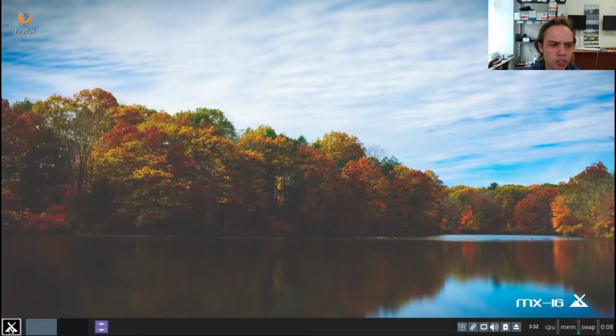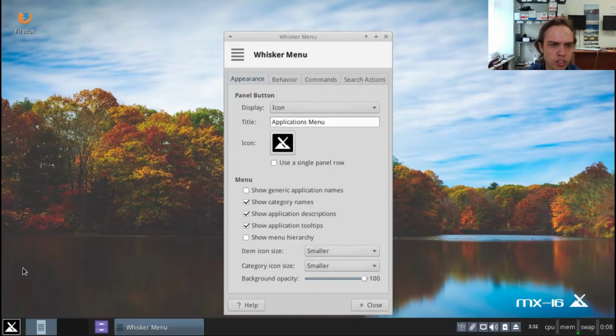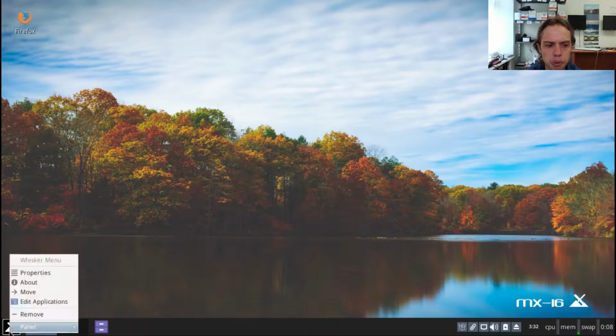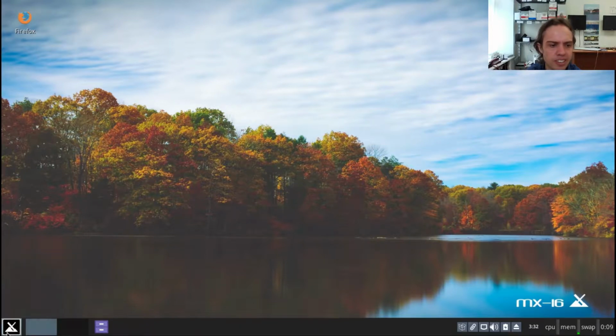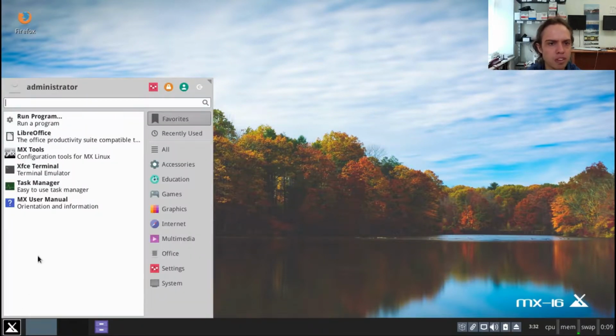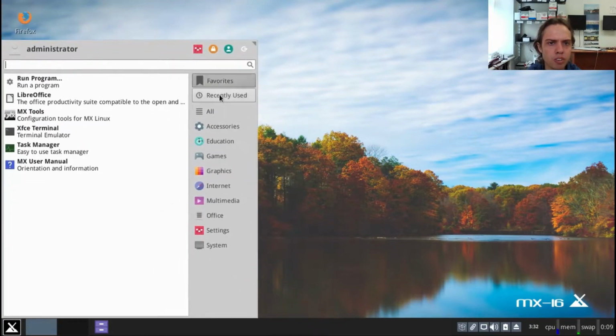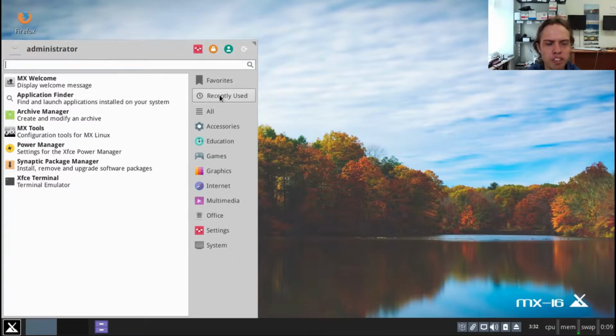And if you go to the menu, you can change your picture. You can configure your menu here to look beautiful for you. You can edit applications. You can go crazy. This is basically your menu. This is the whisker menu. You can make it small, bigger. This is almost XFCE